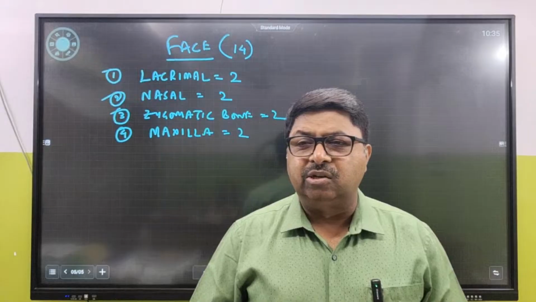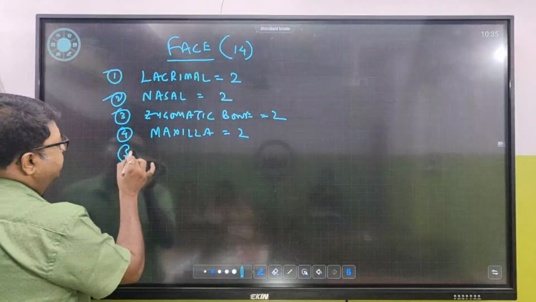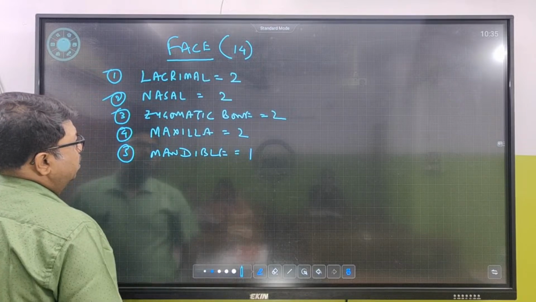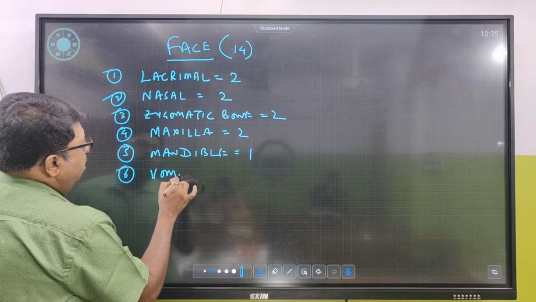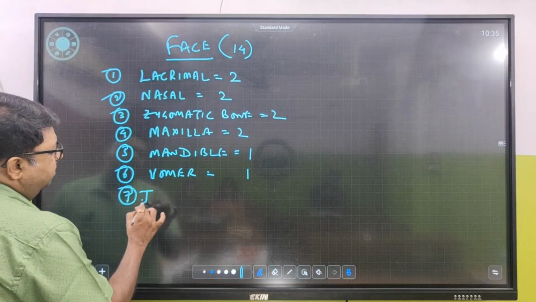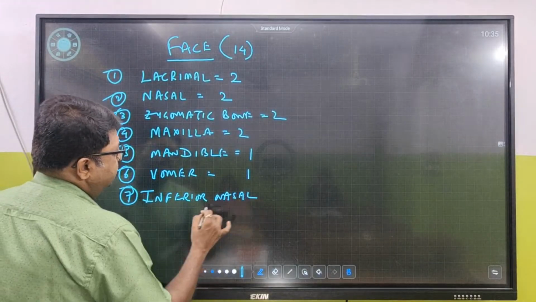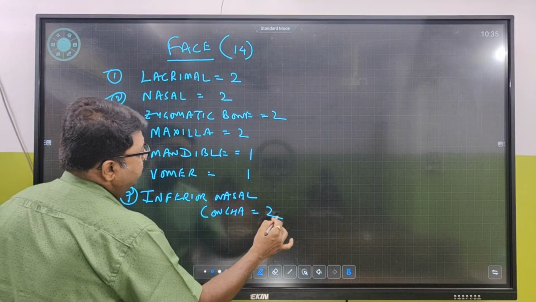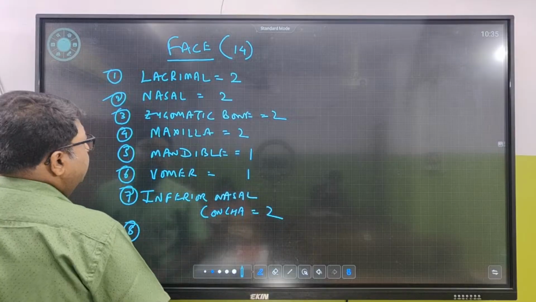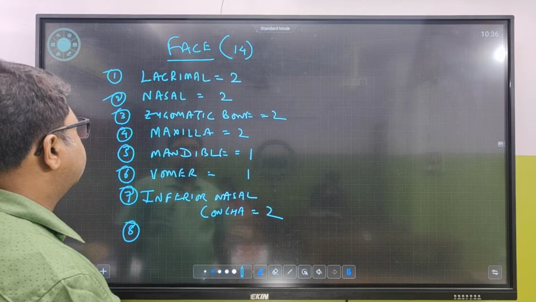In the mouth parts of the cockroach, there were 2 maxillae present, 1 mandible present. So even in humans, we have 1 mandible, which is called the lower jaw. Then there is 1 bone called vomer. Vomer 1. Then inferior nasal concha, there are 2 of them. Nasal, zygomatic, maxilla, mandible, vomer, inferior nasal concha, and